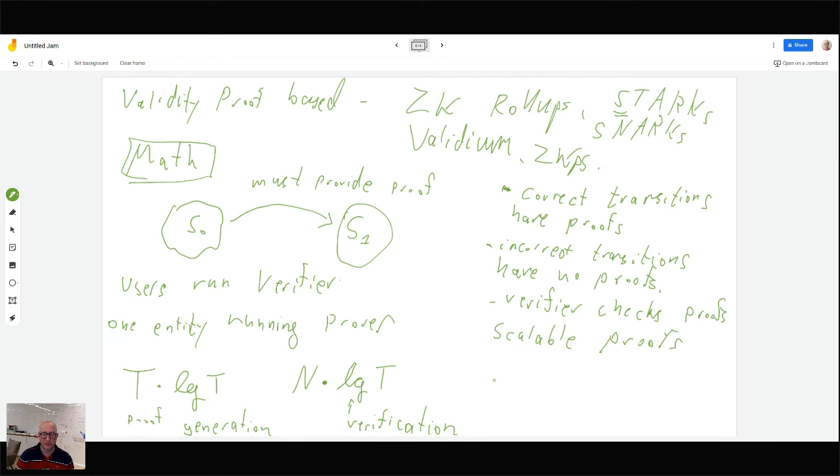Now, what have we gained from this? What are our trust assumptions? We trust the math. There are various math and crypto assumptions, and there are various flavors. I have a Crowdcast that talks just about this topic, about how different mathematical and cryptographic assumptions lead to different flavors of proof systems.